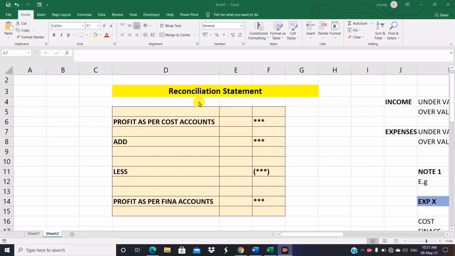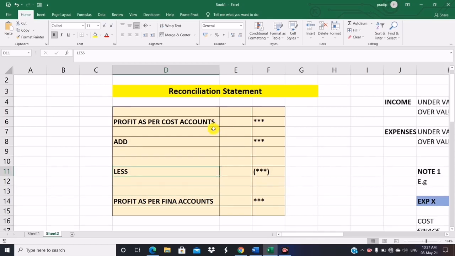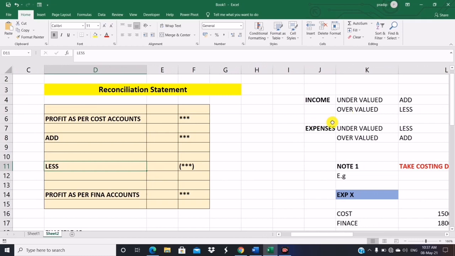So what I did here, I have made my customized table for getting the answer of reconciliation statement sums. I have made one table, so you have to remember only that table. You are not required to do any other table. After getting the table, I have given two formulas only. So you have to remember those two formulas. If you remember those two formulas plus that table, then definitely you will get your answer.